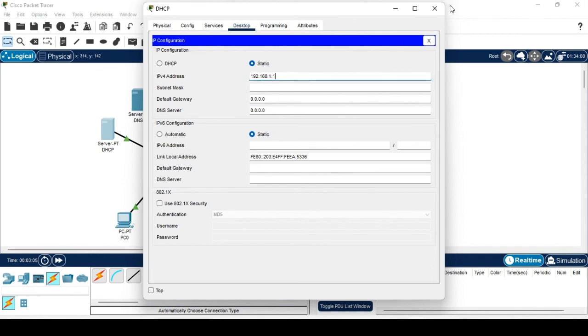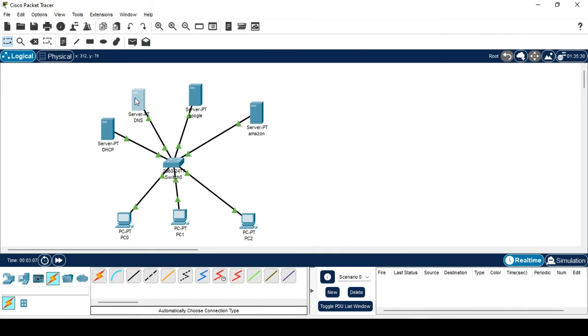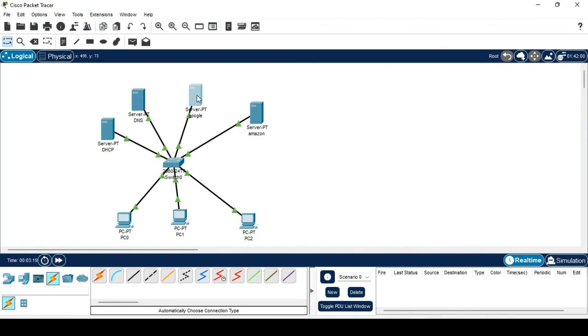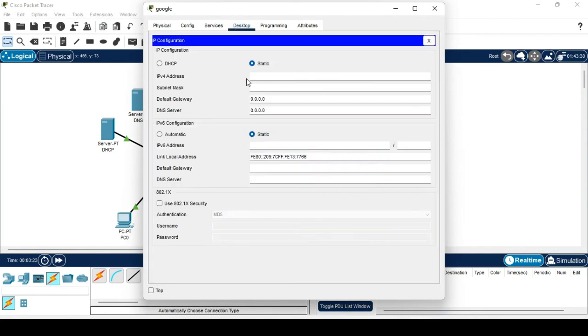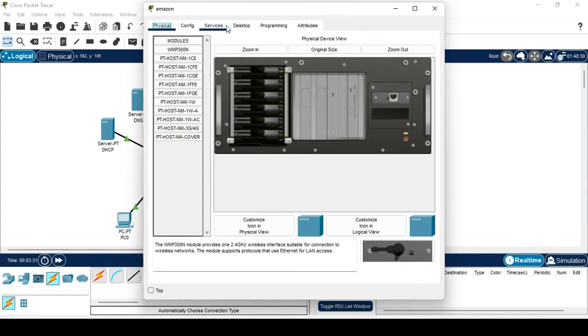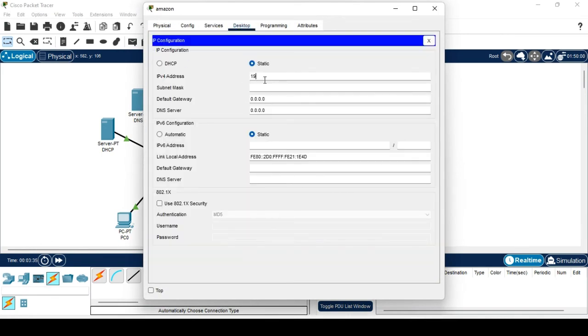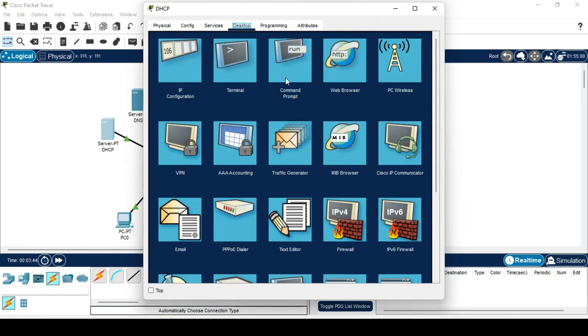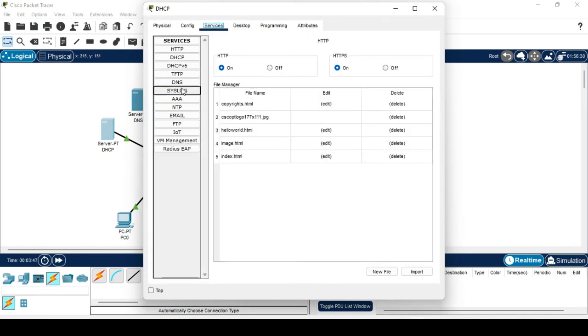192.168.1.1. Okay. The next I'm going to set the IP address for DNS as 192.168.1.2. Then for Google, I'm going to set IP address is 1.3. Then for Amazon, okay. After setting, what you have to do is you have to click the DHCP and go to the service,